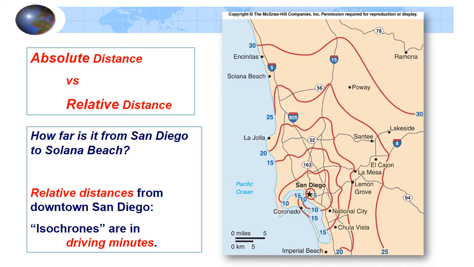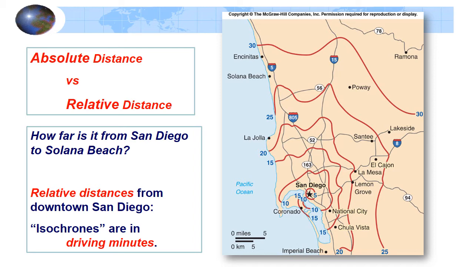So, like location, distance can also be absolute versus relative. Now here the map they have for the textbook looks at travel time going from San Diego to Solana Beach. How long does it take to get there? And so what these red lines show are isochrones. If you got in a car and went 55 miles an hour, how long does it take you to get